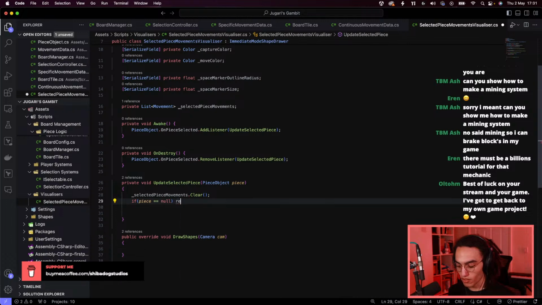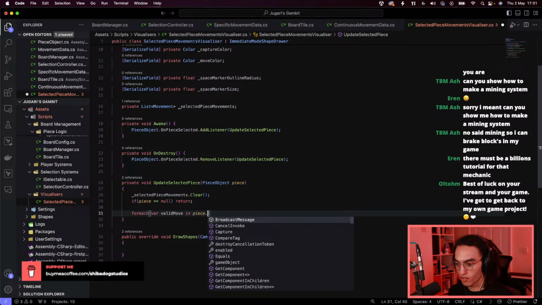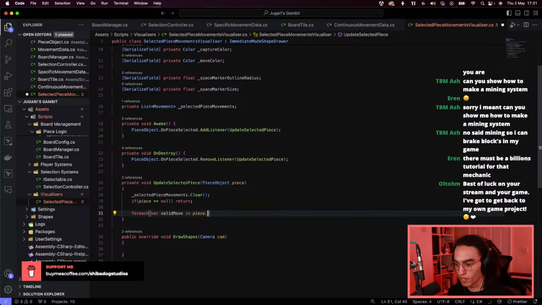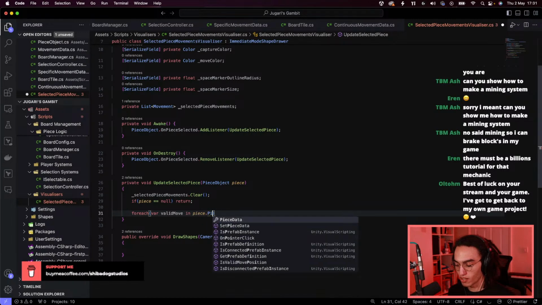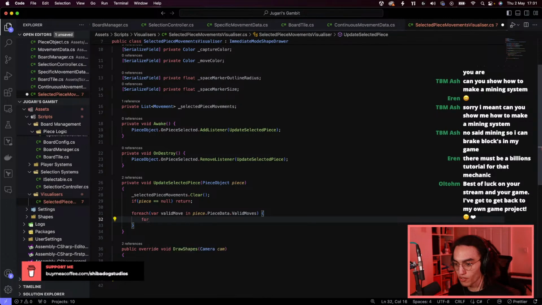And then we can return if it's null. If it isn't null, we could do a for each valid move in piece dot piece data dot valid moves, and then for each of those